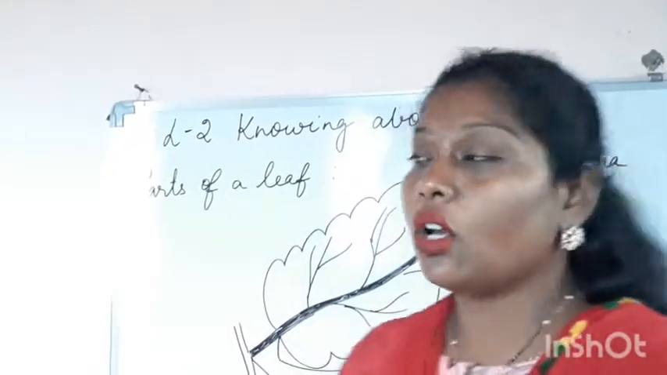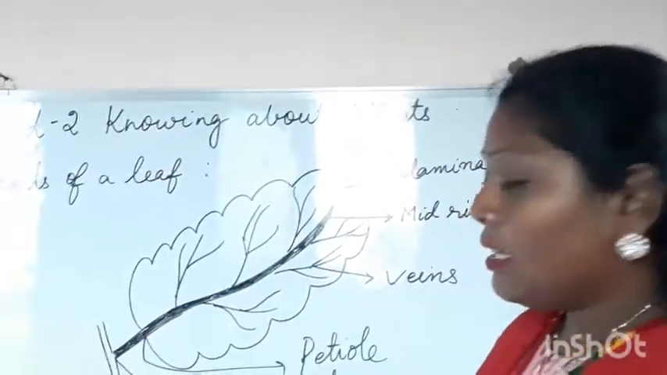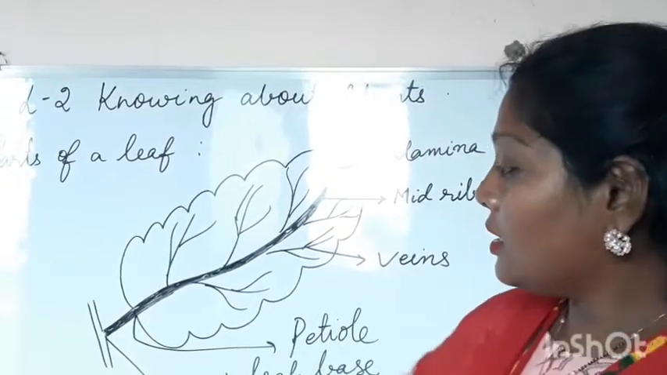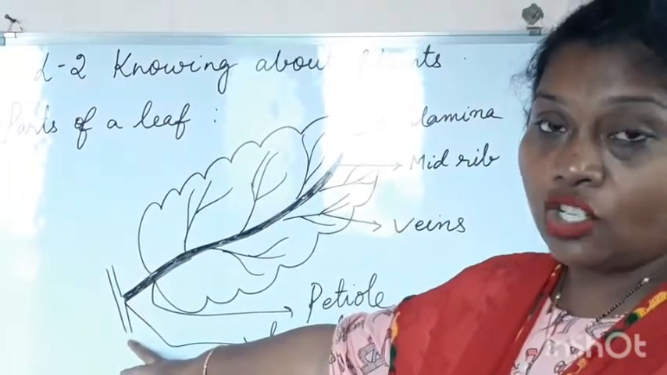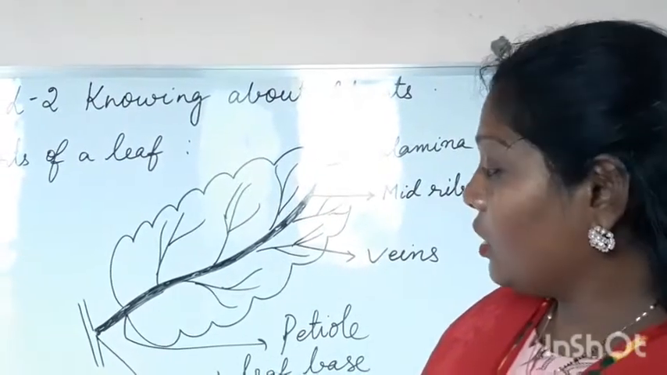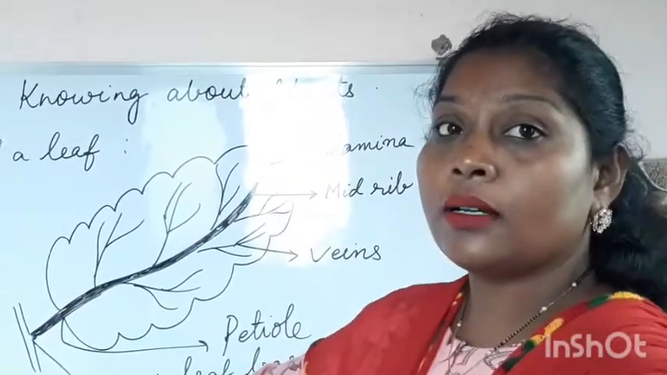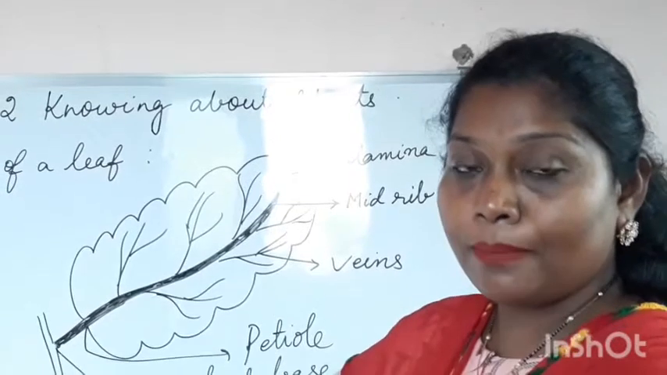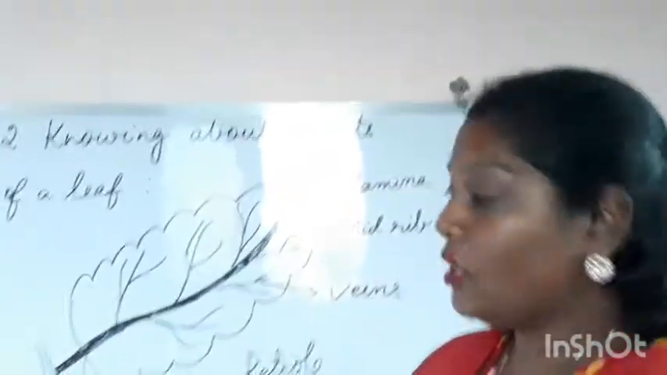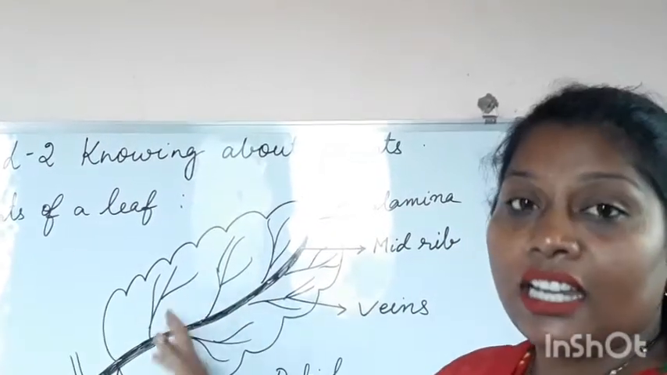Okay children, now look onto the board. I have just drawn a leaf on the board. What are the main parts that are present in the leaves? See here, if you think this is a branch, from the branch a leaf is being attached. Yes children. So the leaf is being attached to the branch or a stem by a part called the leaf base. So if you observe, the leaf base is the part that is attaching a leaf to the stem